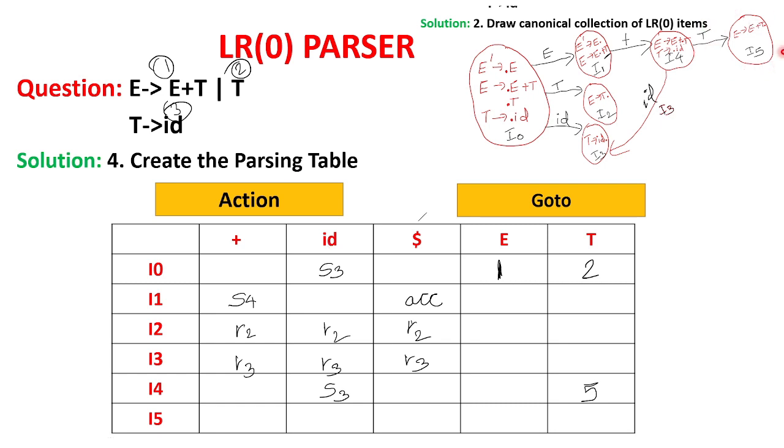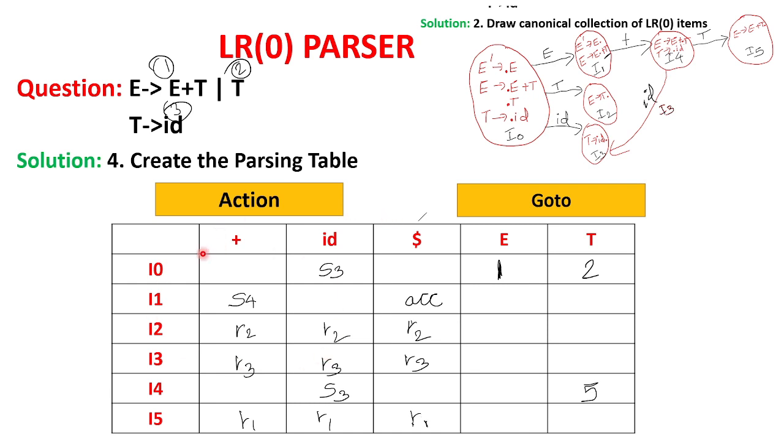So we'll go to the next state, that is I5. Now in I5 also one production is there. E goes to E plus T dot. Now here also in this production after the dot nothing is there. So this production is fully exposed. This production is production number 1, E produces E plus T. So you cannot shift further, so it has been reduced. So write R1 in all the cells of action. So write R1, R1 and R1.